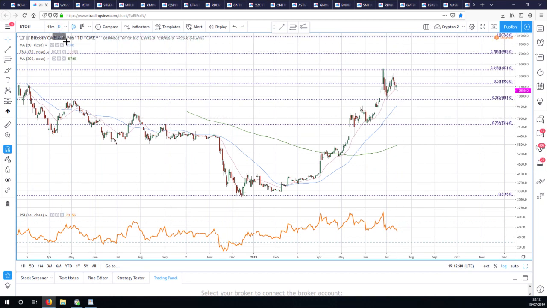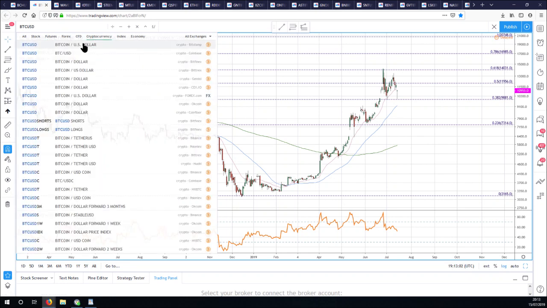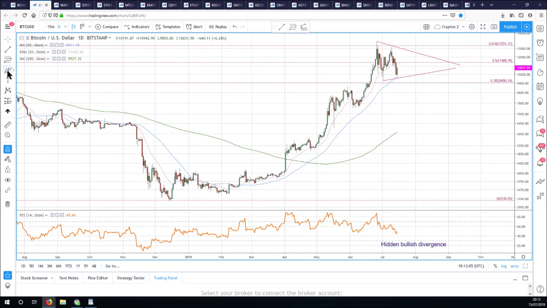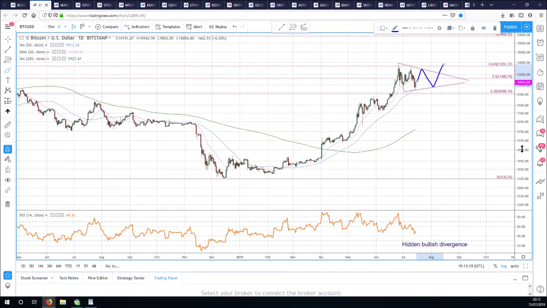So I have to say I'm leaning towards sideways correction and a sideways pullback for July still. And I think that we will bottom sometime at the end of the month. So let's go back to the Bitcoin dollar chart. Here we go. And so we may very well see a triangle or a wedge consolidation. So this would be A, B, C, then we'd have a D leg, and then an E leg, and then we would go again. So potentially that may happen.